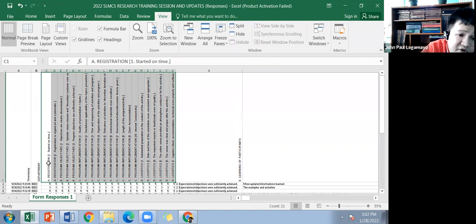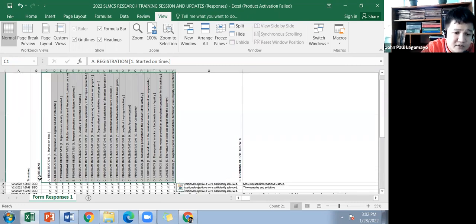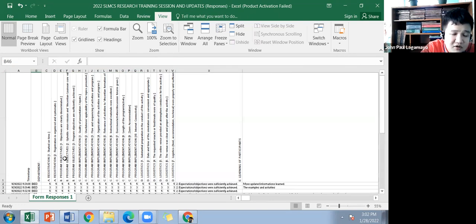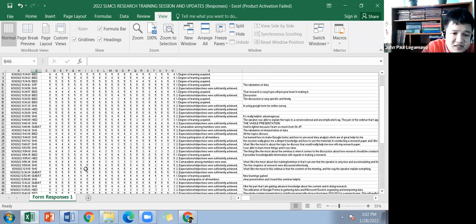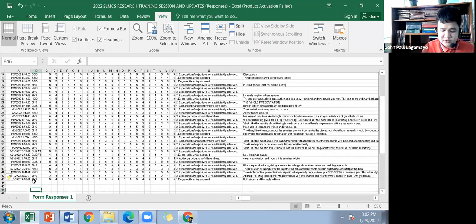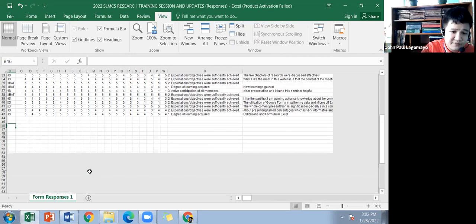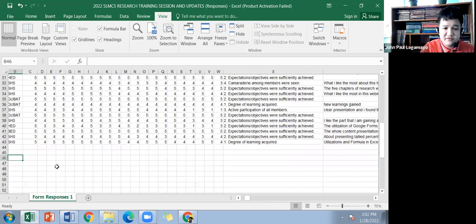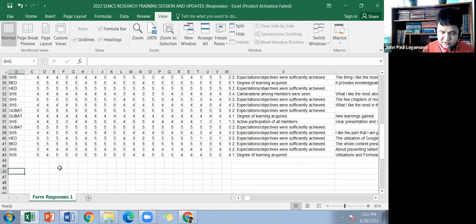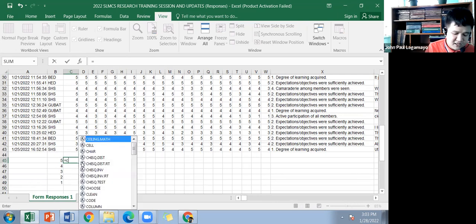That is A from registration, and the index is started on time, and so on and so forth, A to D. How do we interpret those things? We only need to get the mean of these individual indexes. So by doing that, we have to still use the COUNTIF function. We have to place here, let's zoom in, 5 4 3 2 1, 5 4 3 2 1. And then how do we count 5? By clicking COUNTIF,